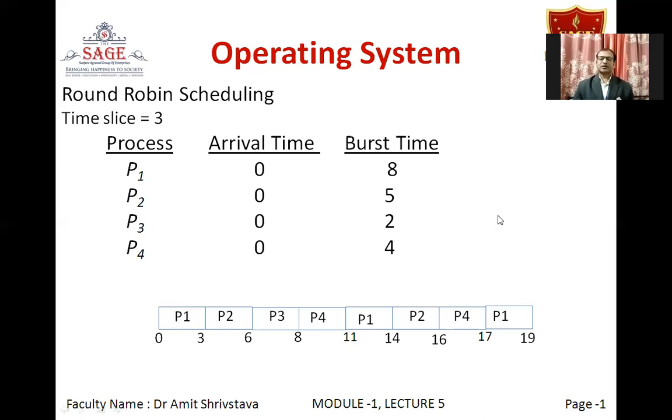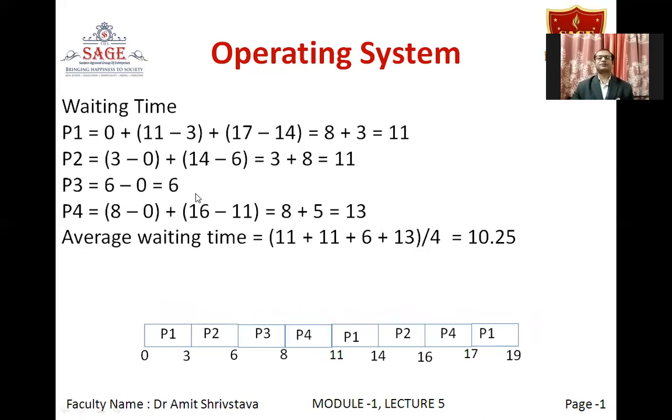Okay. So now let us calculate the waiting time for the same. So process P1 waiting time is 0. At the 0 time interval, we have all of P1, P2, P3, and P4. So we have allotted the CPU to P1 at the 0 time interval. So here the waiting time is 0. But after a 3 unit time interval, we have taken the CPU back from P1, and then next we have allotted the process P1 the CPU after 11 units. Okay, so the waiting time will be 11 minus 3.